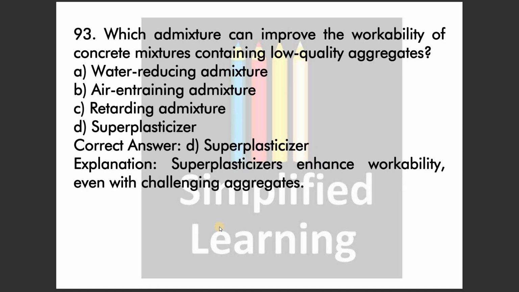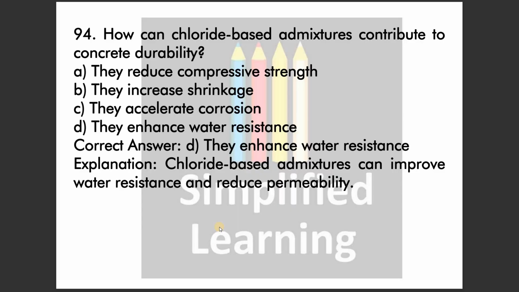Which admixture can improve the workability of concrete mixture containing low quality aggregate? Superplasticizer enhances the workability even when the aggregate is not of desired quality. Then how can chloride-based admixture contribute to concrete durability? See, they enhance the water resistance. Chloride-based admixture can improve the water resistance and reduce permeability. Thereby, we can use them in marine structure or challenging environment. And since the permeability is reduced, the chances of chloride ion getting inside the concrete structure and corroding the steel